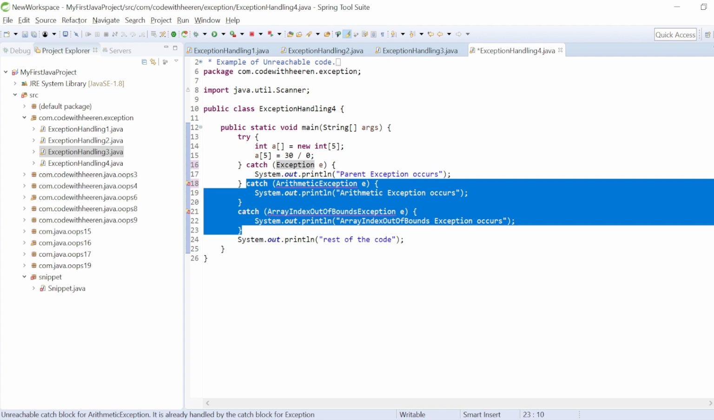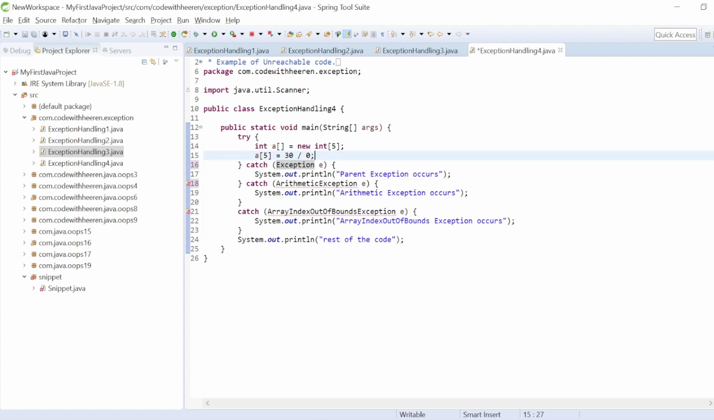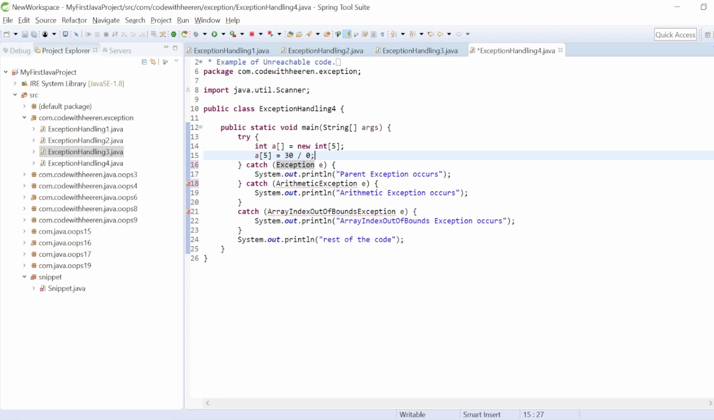Those are unreachable code, and for that reason you will start getting an unreachable code error. Okay, you can see here it is saying unreachable catch blocks. So always remember, whenever you are defining multiple catch blocks, the hierarchy of defining the catch blocks should be in child to parent direction. You should define arithmetic exception first, then array index out of bound exception, then only